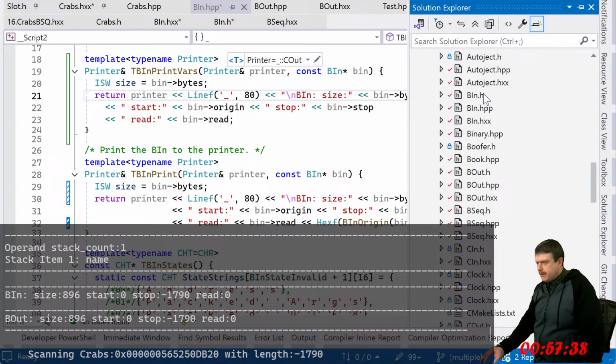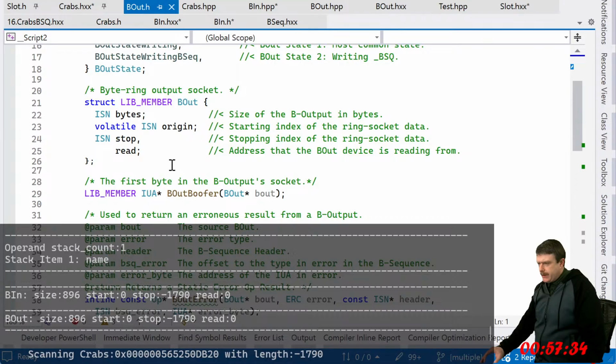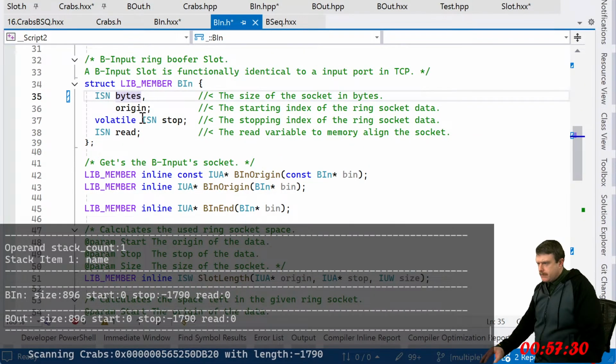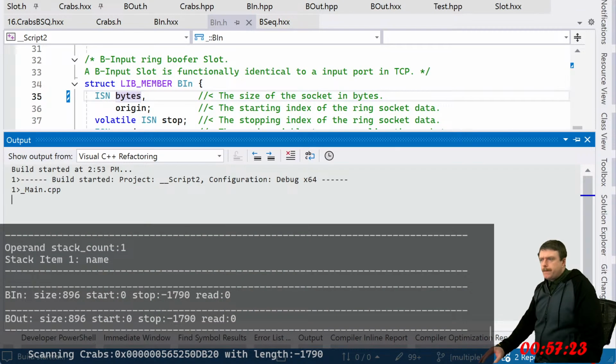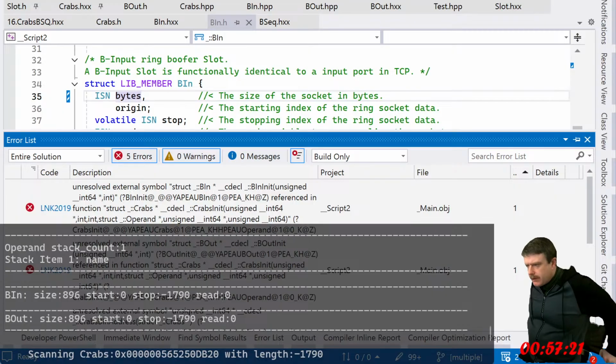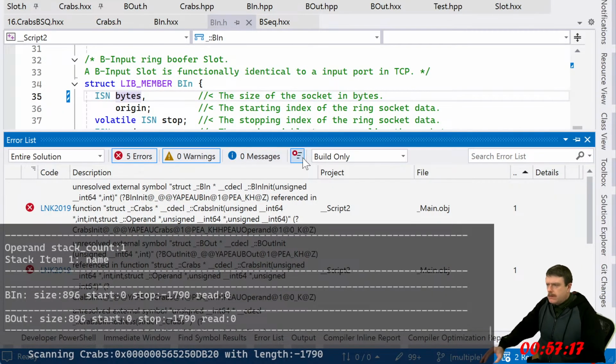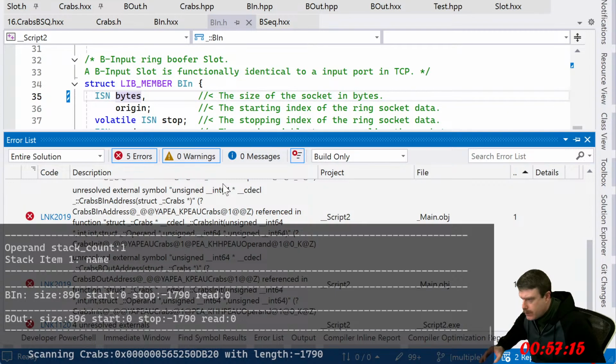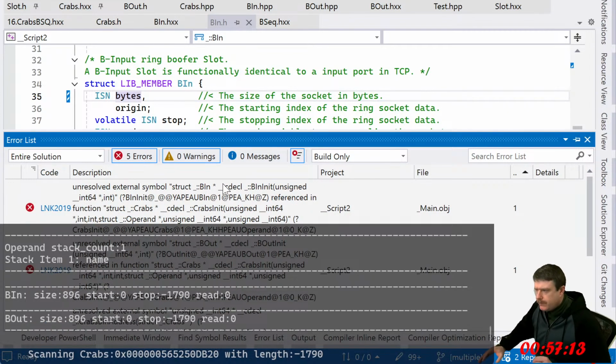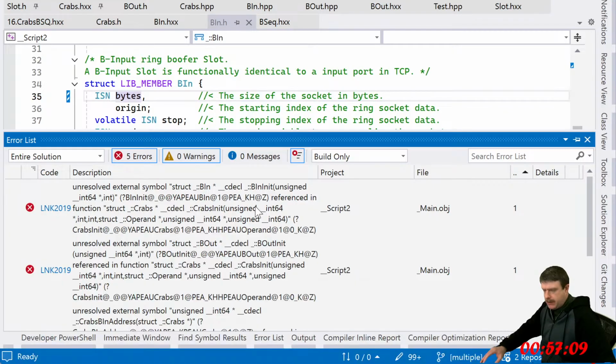Don't really like the B in and the B out in separate files. All right, so I fixed the other one, and then that one was an artifact. Did I break anything? Oh shit, son. Unresolved. Damn.